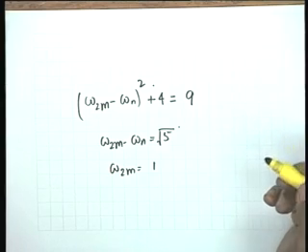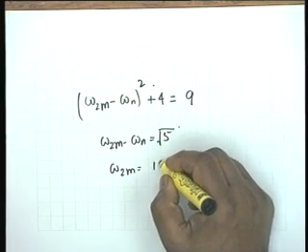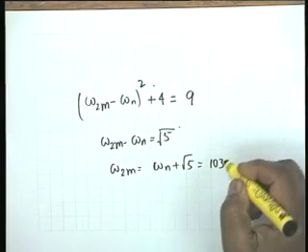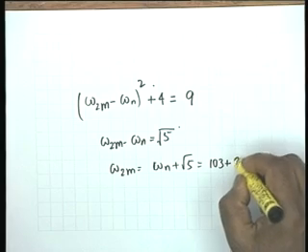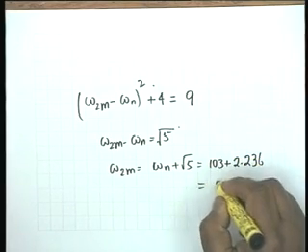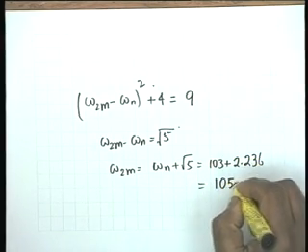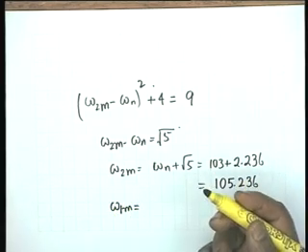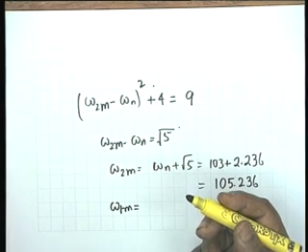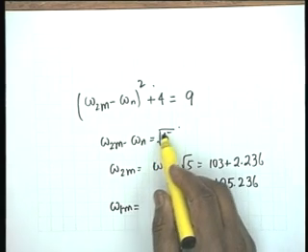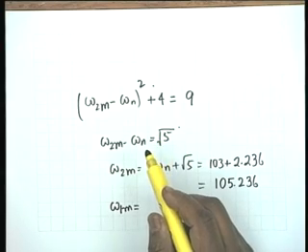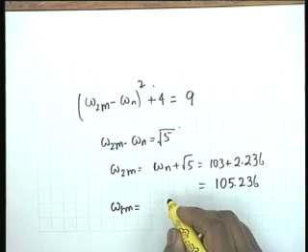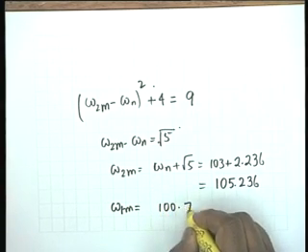Therefore omega 2m minus omega n is root 5, that is 9 minus 4. Therefore omega 2m is equal to omega n plus root 5, that is 103 plus root 5, which is 103 plus 2.236, so this is 105.236. Omega 1m can be obtained by inspection. It is to be symmetrical, number 1. Number 2, if you take this as minus root 5, I think the answer is obvious. And therefore, this would be 103 minus 2.236, so this would be 100.764.